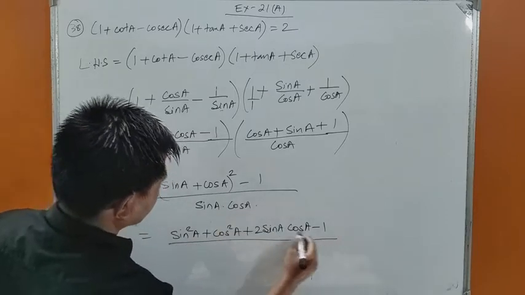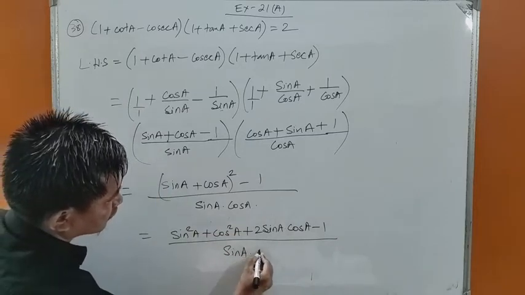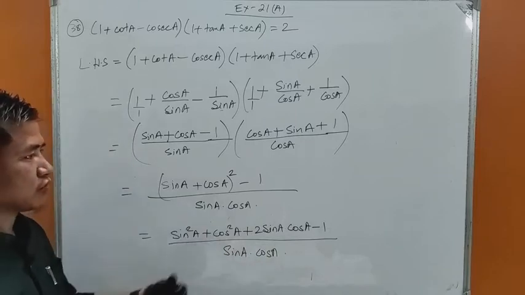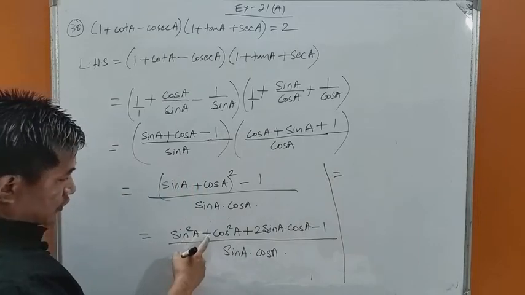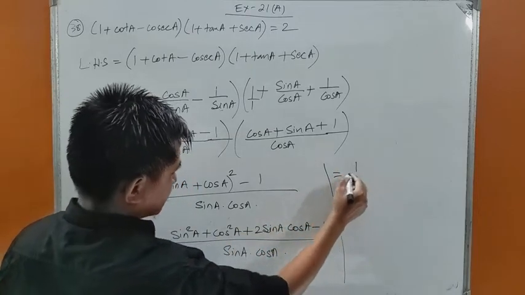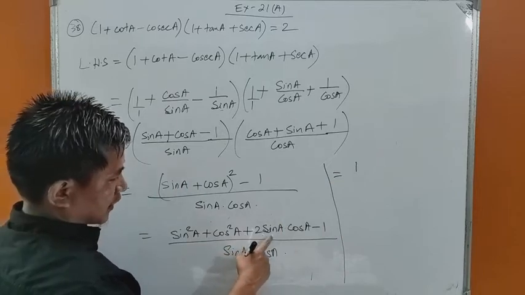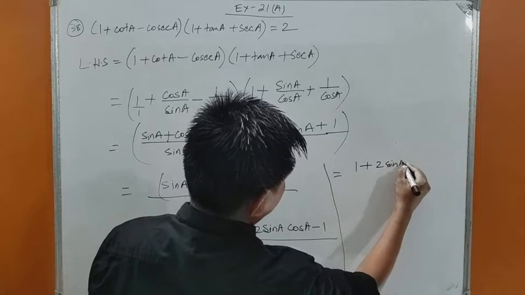In the denominator we have sin A into cos A. So sin square A plus cos square A means 1, isn't it? Sin square A plus cos square A is 1, plus 2 sin A cos A,